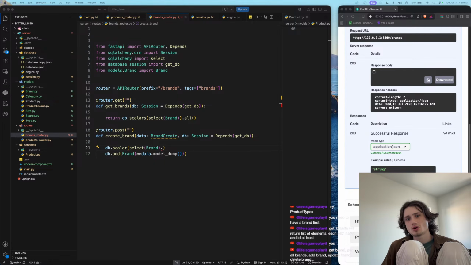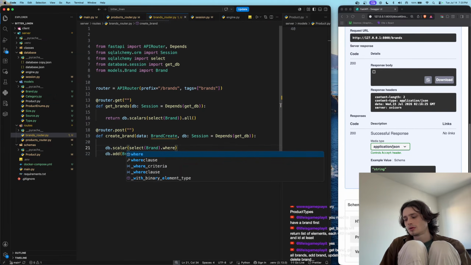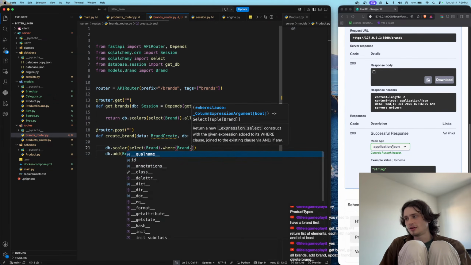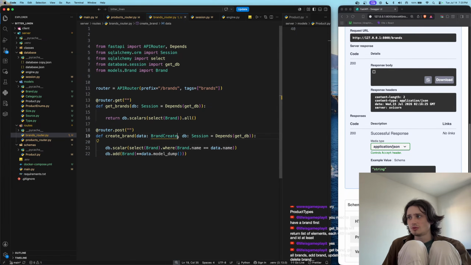Creating a brand, the client doesn't know the UID yet. The natural unique identifier is the brand name. Normalizing the brand name so they all exist. Right, existing is brand dot, you know, where, right, and then this would be brand dot, you know, name is equal to the name of the data, right, data.name, which would be brand create, right? So that would give you an existing,